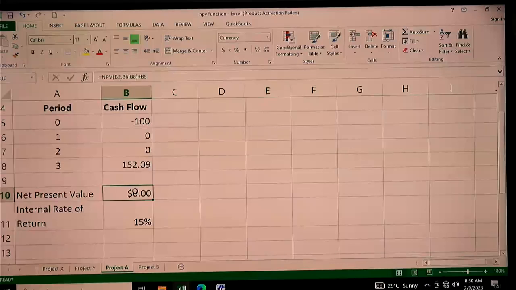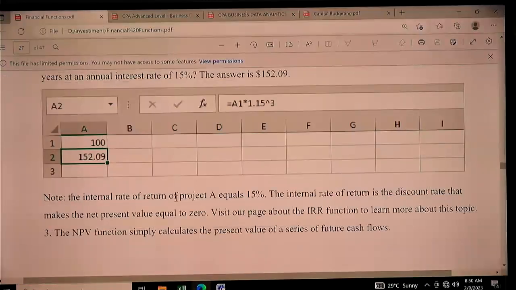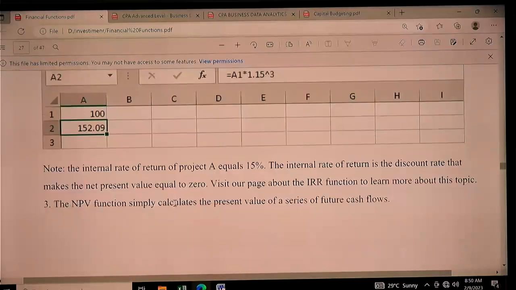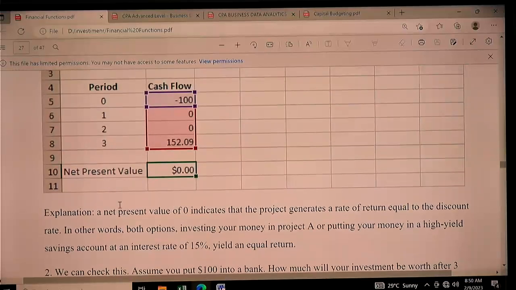So I hope you have seen that the internal rate of return of the project will be equal to 15. That way we got 0. We have said, when do we get 0? When the net present value equals 0, it indicates that the project generates a rate of return equal to the discount rate,